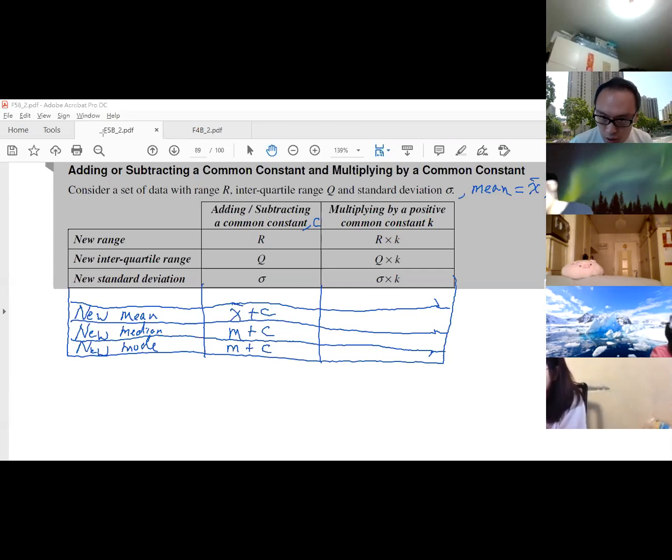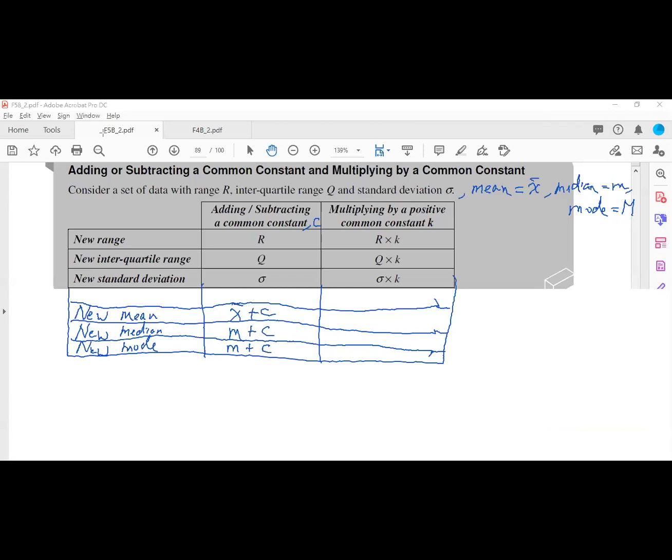Then, if we are multiplying by a positive common constant k, if every data is multiplied by k, what changes happen to the mean, median and mode? So if we are multiplying a common constant k to every data in the data set, then the new mean will be equal to k times x bar, and then the new median will be k times small letter m. And then the new mode will be k times